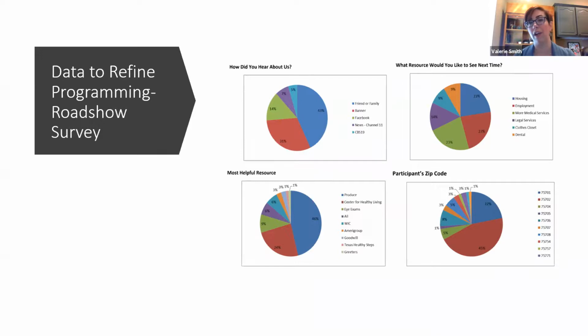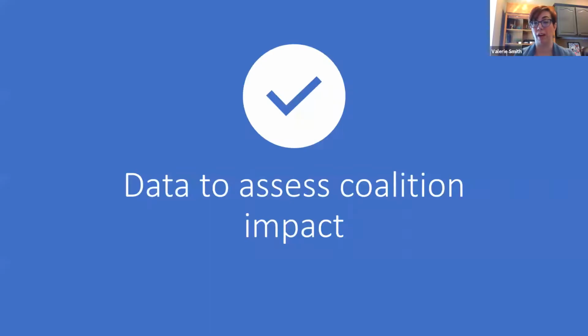And then just looking at location, what this helped us know is that most of the people were in that 75702 zip code, which is where we were located, but also 75701, which was adjacent to it. But then this third one over here, this 5%, 75757, was actually several zip codes away. And so one of the things that we're thinking about as we are looking to expand and do these programs more often is being able to do them in different locations and not just in that one central location.